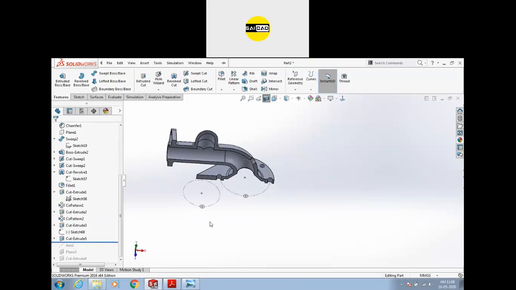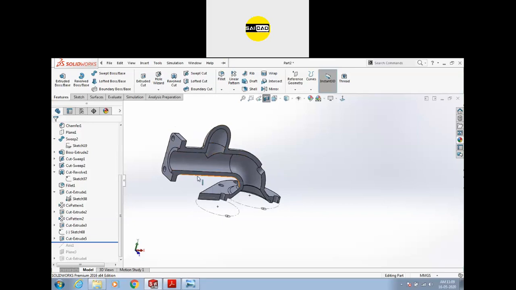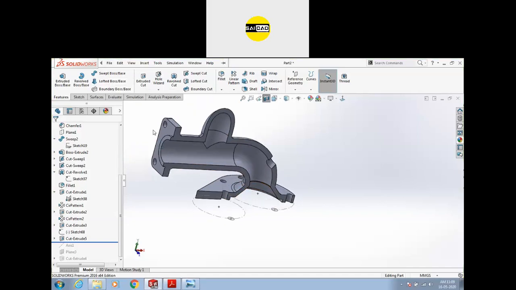No, sir. Okay. So next command that we have is the loft. Okay, it is called lofted base. In some software like Creo, it is called swept blend. In CATIA, it is multi-section sweep. So basically, it is a multi-section sweep. You can create different profiles at different points. Like I need a rectangular shape here, and I need a circular shape here. You can create with the help of loft.